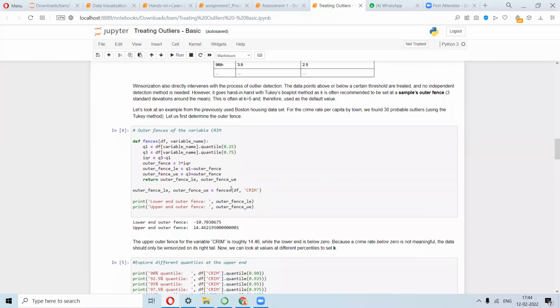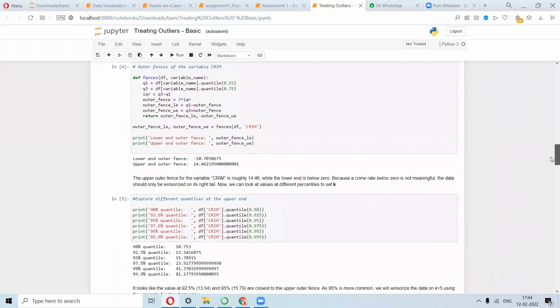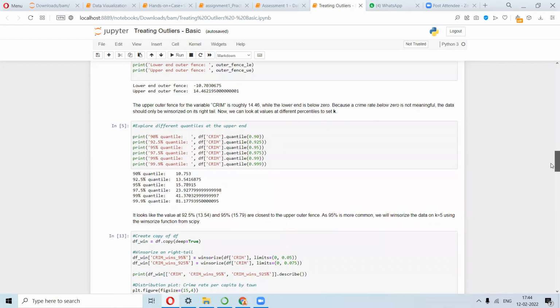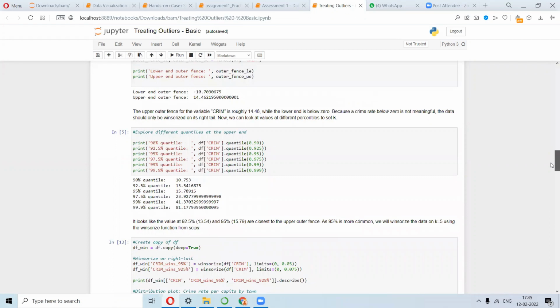This is how we formulate Q1 and Q3 as quantiles, and this is your IQR, which is Q3 minus Q1. The outer fence is your whiskers, and everything other than that can be referred to as an outlier.